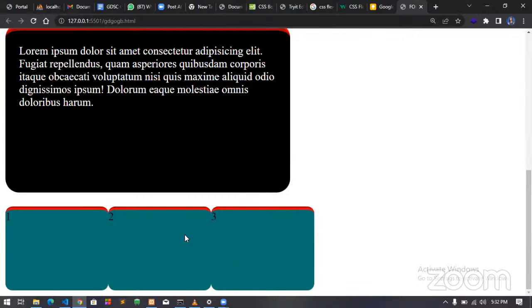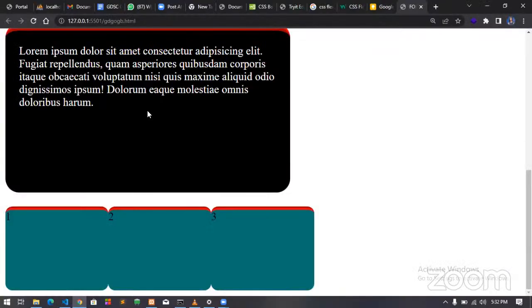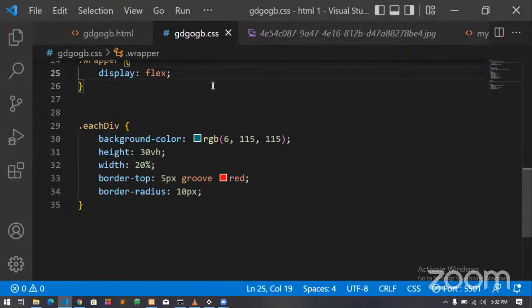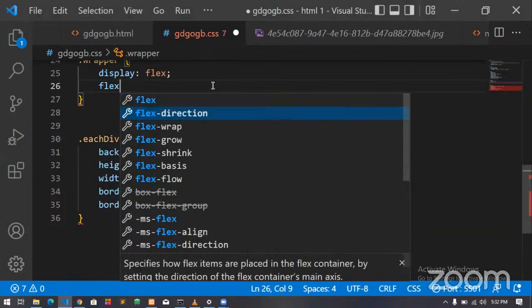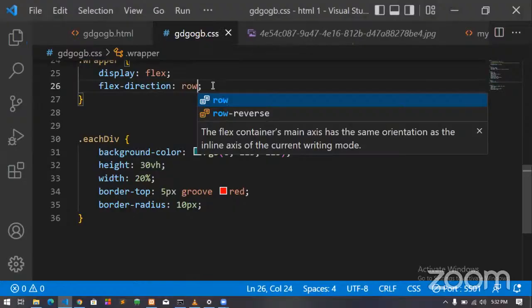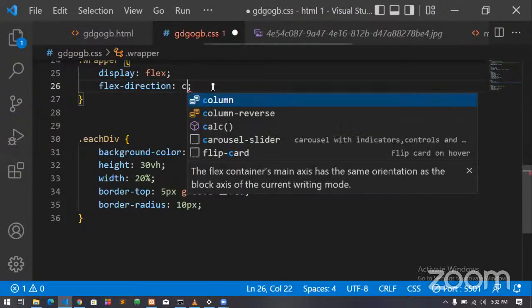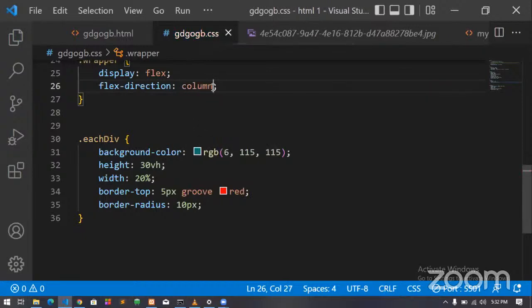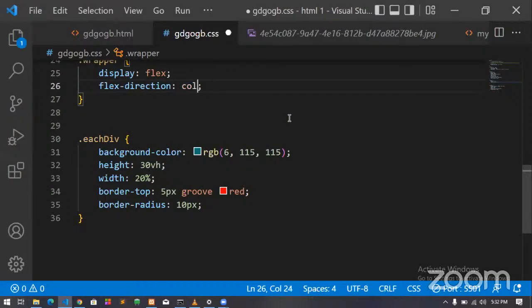Okay, now they are on the same line. So that's the work of display flex. It actually helps you to place things beside each other. You can say the flex direction by default is row. But I can say I want my flex direction to be column. Once it's column, they return back to one on each line. But if I want them to be row...